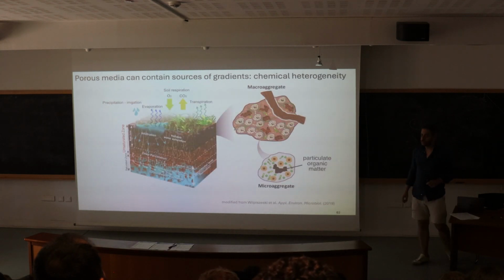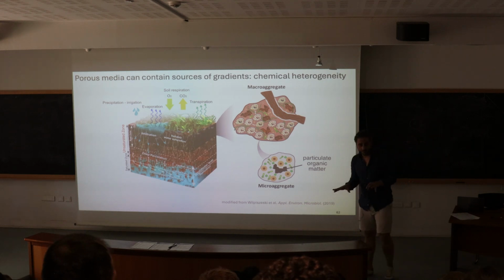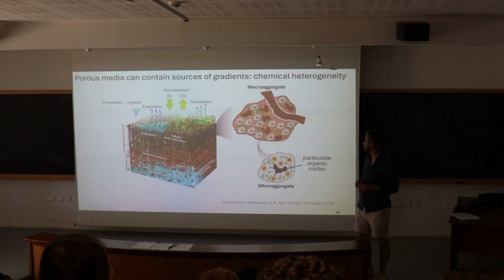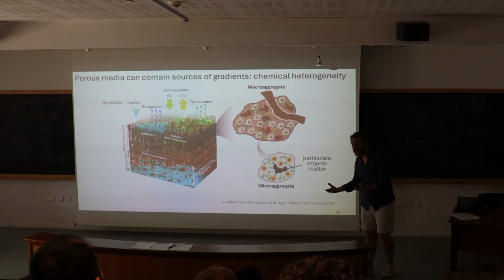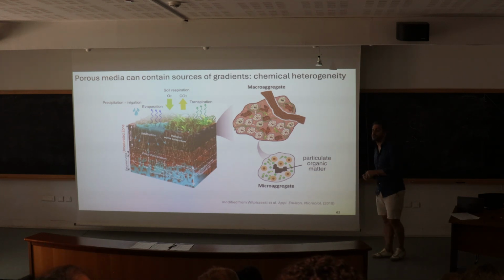Why all of this? Why all of this is because in soils and in the unsaturated zone, we find actually, we have already demonstrated very heterogeneous chemical landscapes, and also because of very heterogeneous velocity